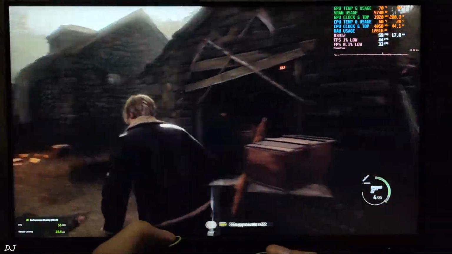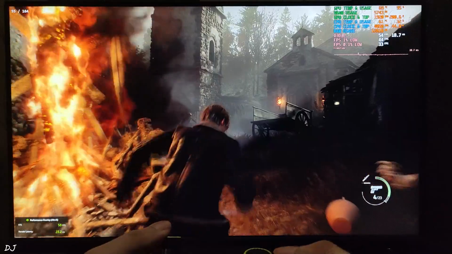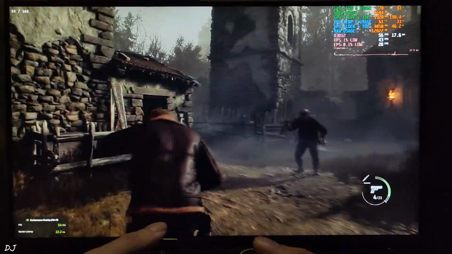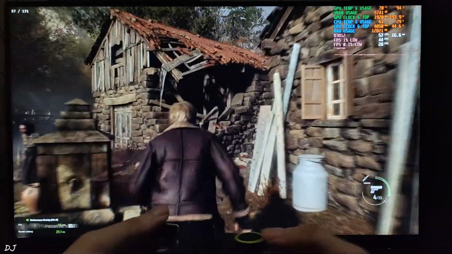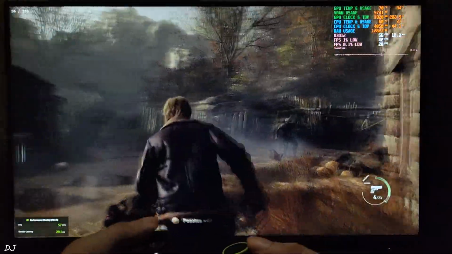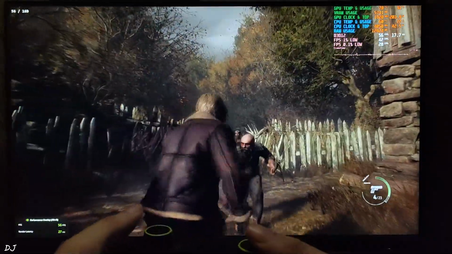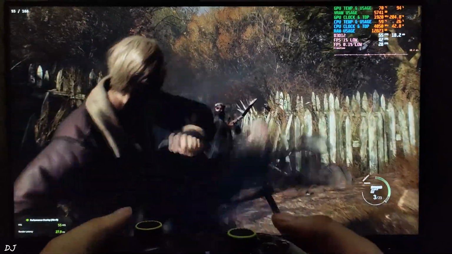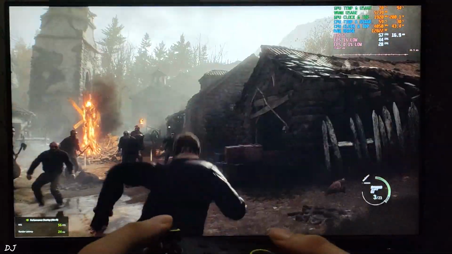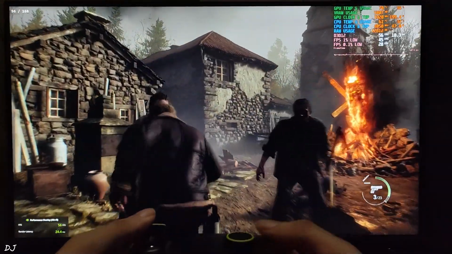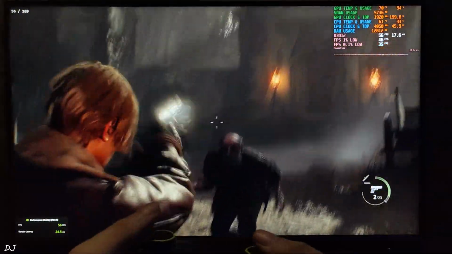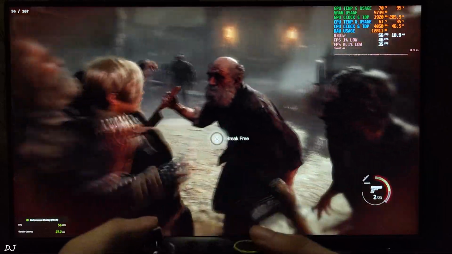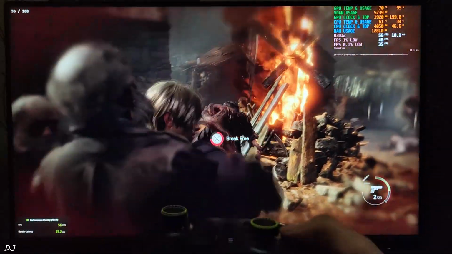Good experience even in Resident Evil 4, but I'll be honest, 160 FPS with frame generation is not as good as the real 160 FPS. Still, it's better than the real 80 FPS. Block the attack using my knife. I was ready for that. Too many of these things. Now I'll be testing the next game,